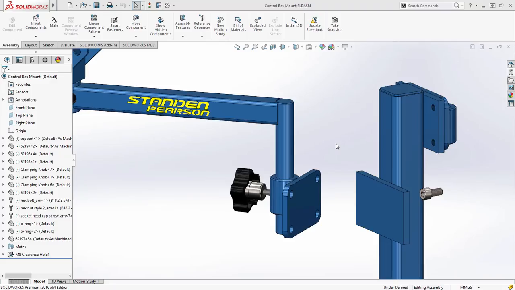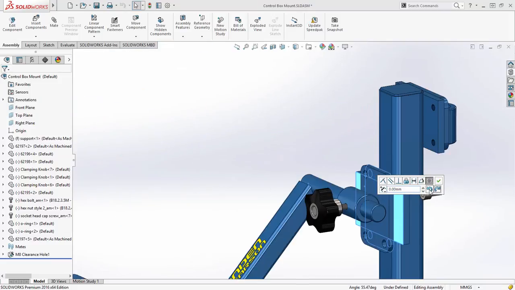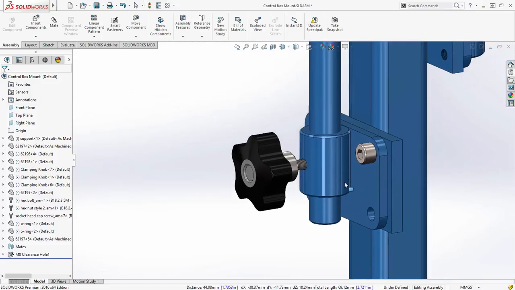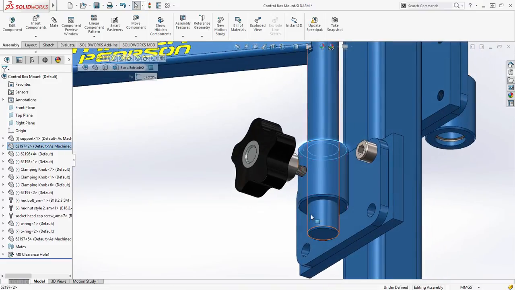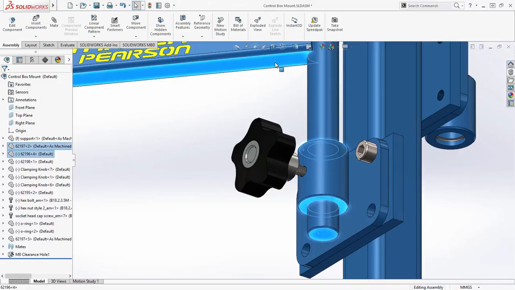SOLIDWORKS 2016 introduces many new assembly enhancements to increase productivity and speed the assembly process. First, the Profile Center Mate introduced in SOLIDWORKS 2015 has been added to the Quick Mates toolbar. All controls for this mate are available without having to access the Property Manager, including the lock rotation option for round selections. Also available is the Symmetric Mate when 3 selections are made, as well as the Width Mate when